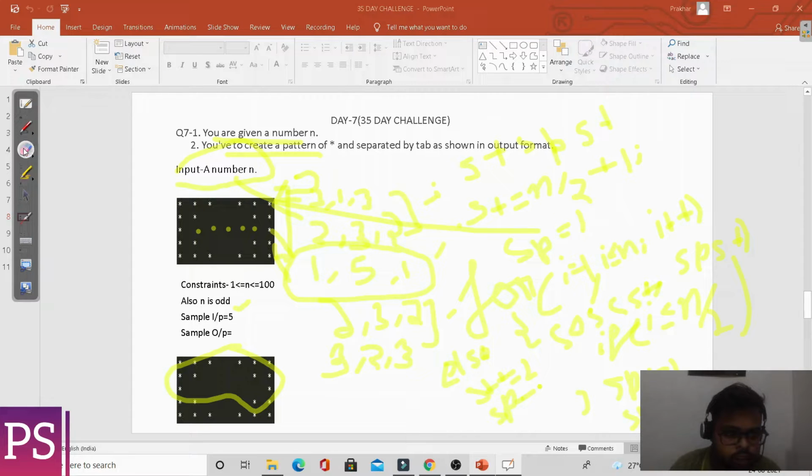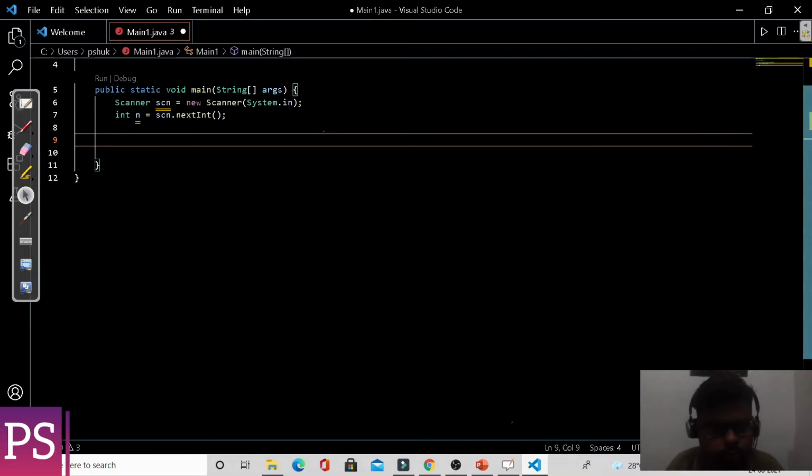Now let's move on to the coding part, in our VS Code. Here we have taken input from the user in this line.